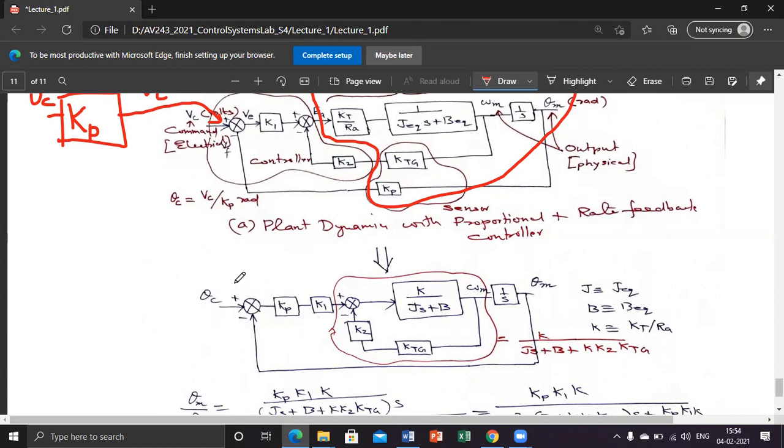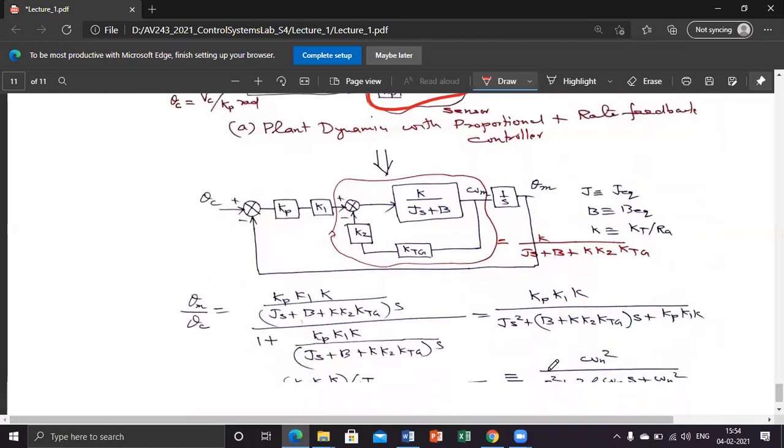You are giving a mechanical deflection command, and you have the shaft deflection by the same unit, and you are directly subtracting, and finally multiplied by the scale factor, multiplied with K1, and this goes. Both are otherwise equivalent. Only thing, I did some simplification. KT by RA is taken as K, and J equivalent is written J, B equivalent as B, 1 by S, KTG, K2. So that further simplification is easy.